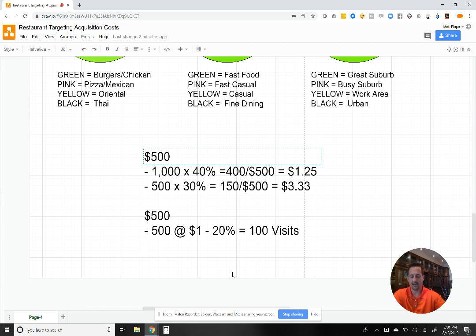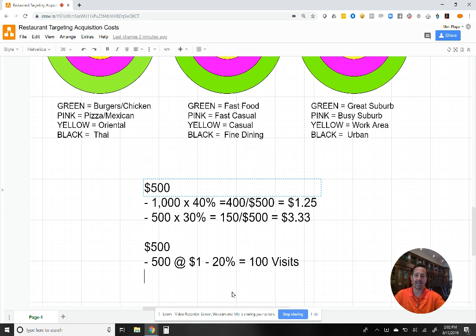Now take a casual dining, let's go a little opposite. Let's take a casual dining restaurant in Covington, Kentucky, and it's not as popular of an area. And maybe it's an Oriental versus a burger place. So now all of a sudden I'm like, okay, it's going to cost me $3 to get an opt-in. And so if I'm at 500 divided by 3, I'm at 166 people at $3. And because of where it's located, people are going to be less inclined to redeem, because what happens